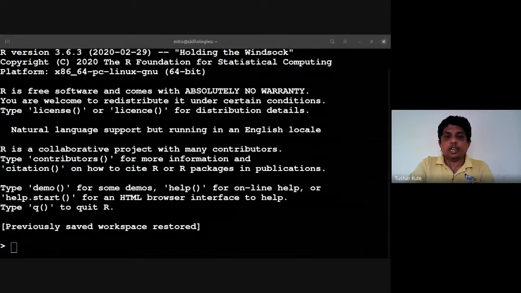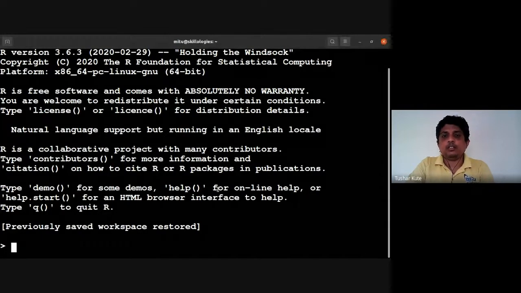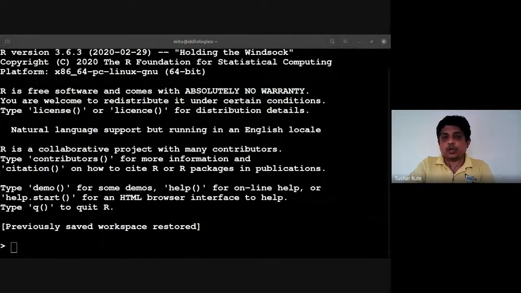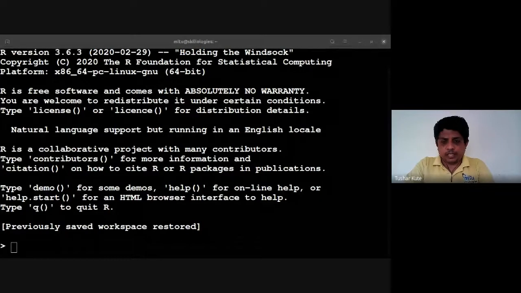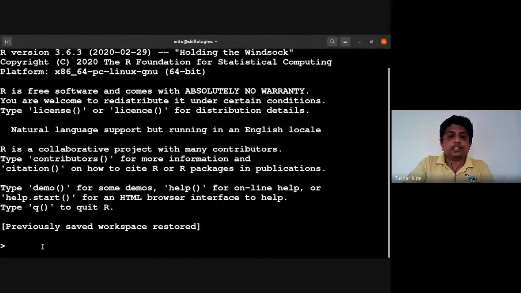And all the license and every kind of information you can see. This is a basic terminal that I will get. One simple greater than symbol will be present, and on that you can write your code to execute. This is my Linux version, but on Windows also you will get the same. When you install the basic R from the cran.r-project.org website, it is a completely terminal-based interface.